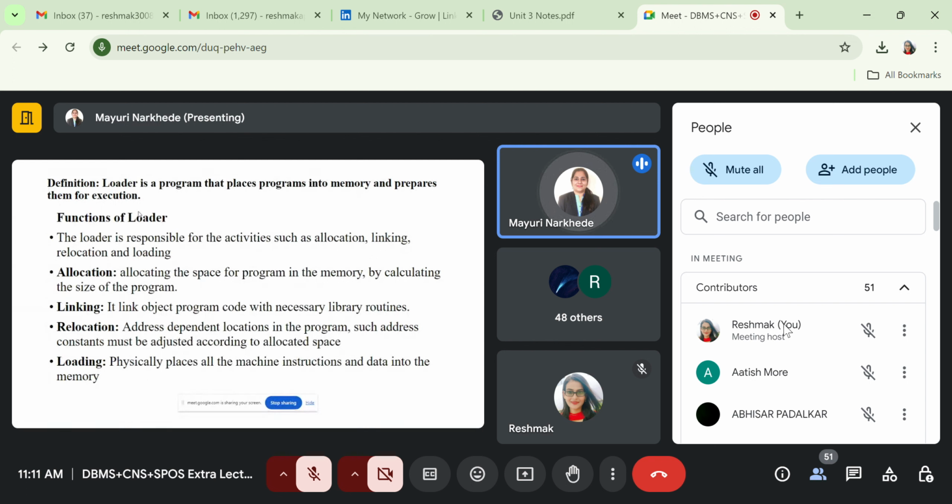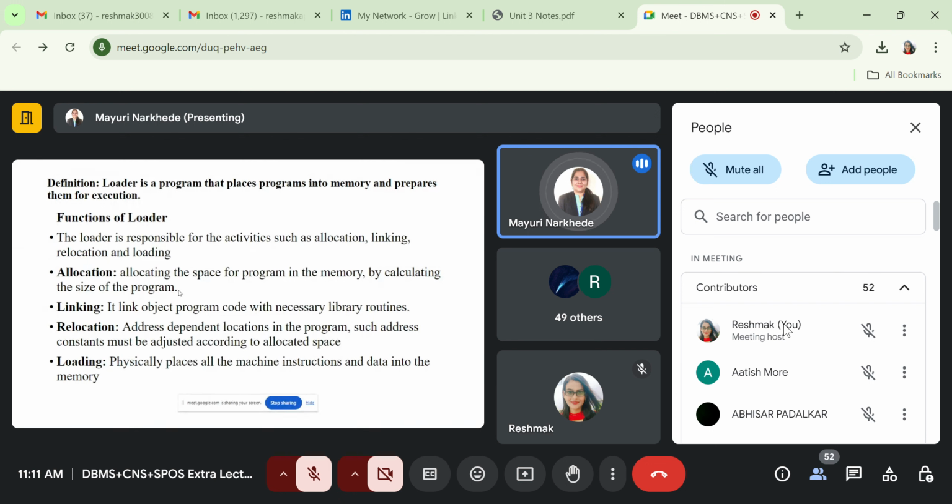Okay, so in that way there are 4 different functions of the loader. Which are they? First is the allocation. Next one is linking. Third one is relocation. And after that, loading. Now what does allocation mean? Allocating the space for the program in the memory by calculating the size of the program.